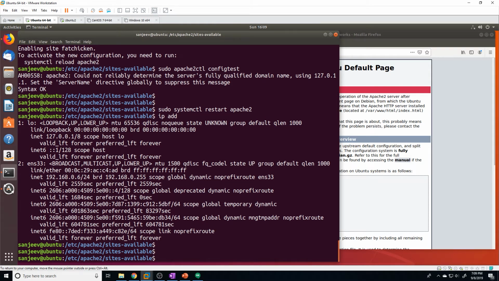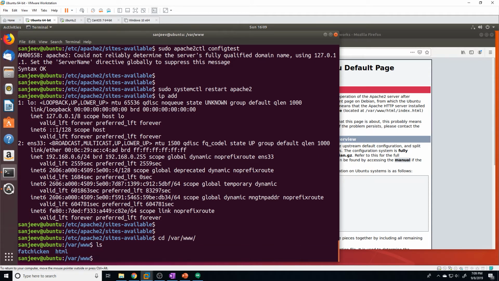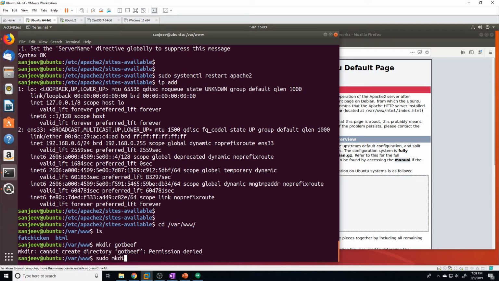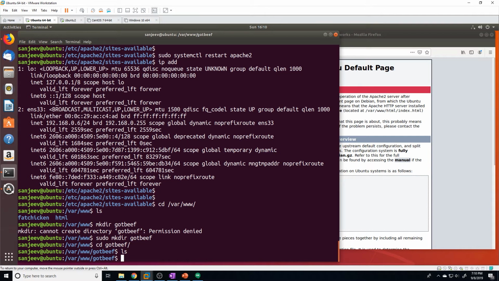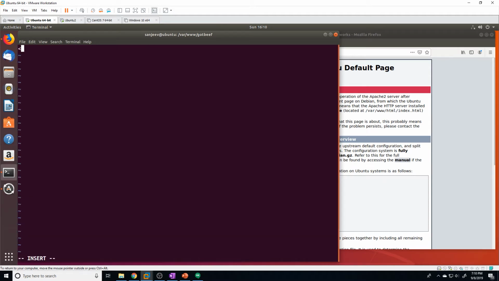All right, so let's create a new website called Got Beef. The first thing we want to do is create the document root. And we're going to just make one called Got Beef. And let's just make a random file called index.html, and I'll do the same thing. I'll just put in an h1 tag, and we'll just say